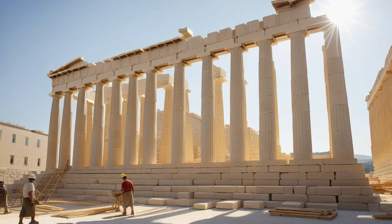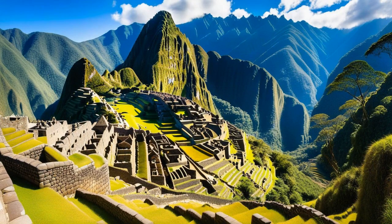In the Americas, the Inca civilization constructed magnificent structures that have withstood the test of time. The most famous of these is Machu Picchu, an ancient citadel nestled high in the Andes Mountains. The Incas employed a technique known as ashlar masonry, wherein stones were cut to fit together without the use of mortar. This method not only provided exceptional stability, but also allowed structures to withstand earthquakes, a common threat in the